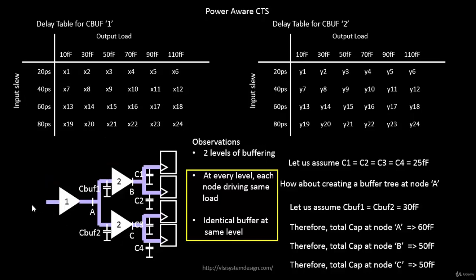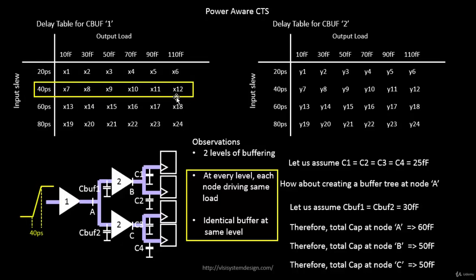First of all, let's take an example that will make more sense over here. Let's say we have an input slew of 40 picoseconds. That marks this particular row of the delay table. Since it's of type 1, this is this particular row of this delay table. And let's say an output capacitance, we already know at node A the total output cap is 60 femtofarads, but we don't have a column for 60 femtofarads, so it will lie somewhere over here. So x9 and x10 are the most probable values, and somewhere between x9 and x10 lies the delay of